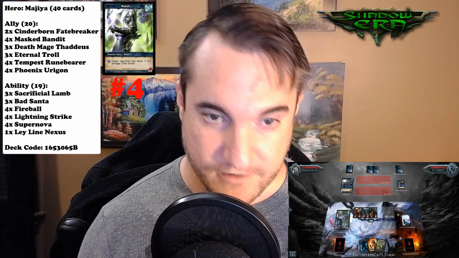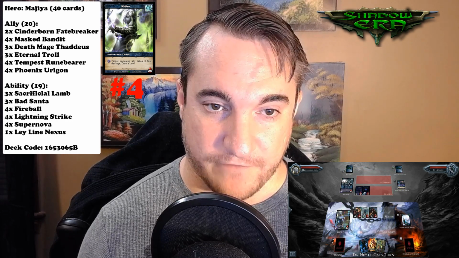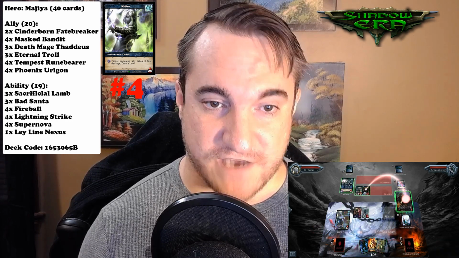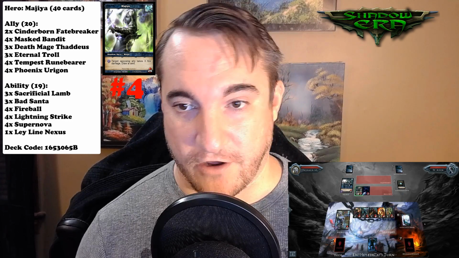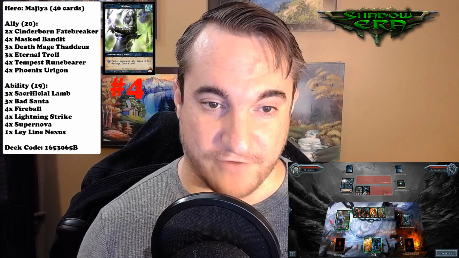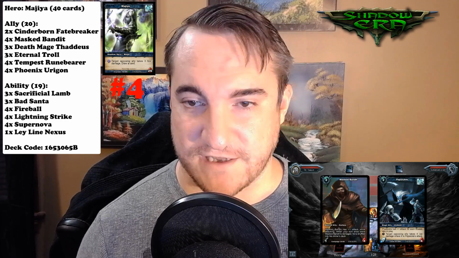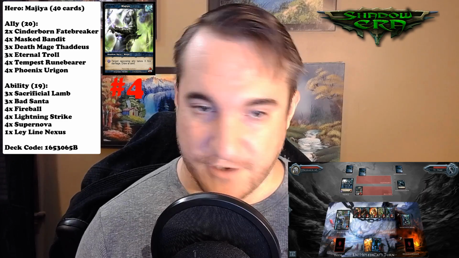And then Phoenix Oregon, naturally. Comes right back after a Nova. For draw, we have Sacrificial Lamb that you can use on your Troll or your Oregon. Break a crippling blow, whatever need be. You also have Bad Santa. Generally, you try to play Lamb earlier, Santa later to finish the game, but you're going to use what you